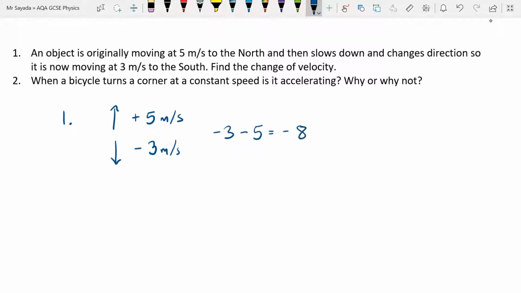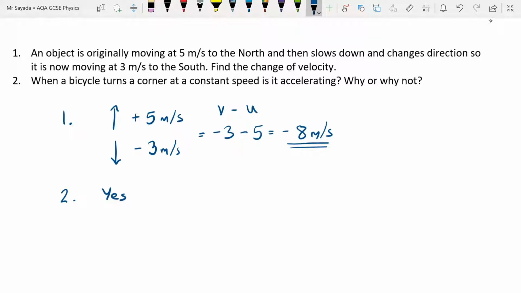So the change in velocity is -8, or 8 meters per second. What I've done there is the final velocity minus the initial velocity. So the final velocity was -3, the initial velocity was 5. So the difference between them is -8. What change do you need to undergo to go from +5 to -3? You need to go -8. And for question two, the answer is yes, it is accelerating because